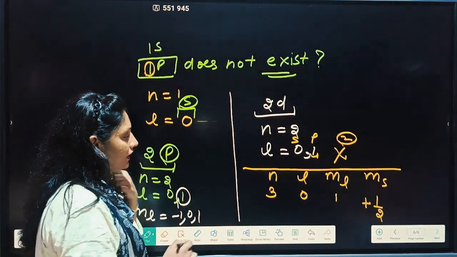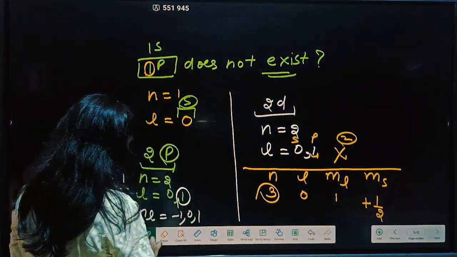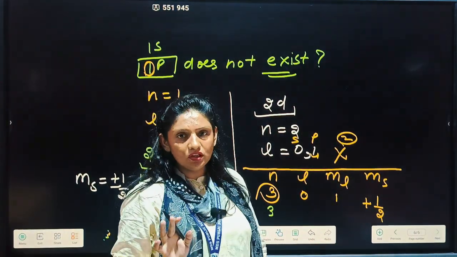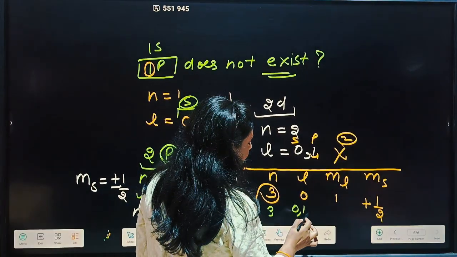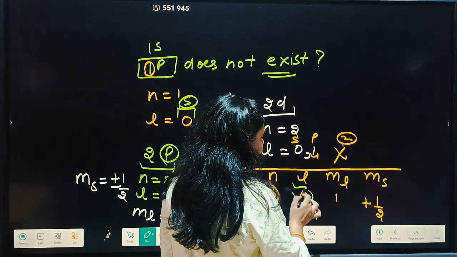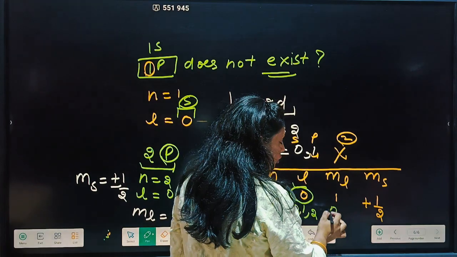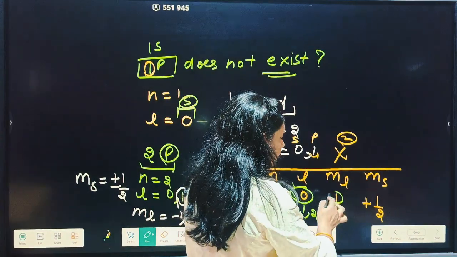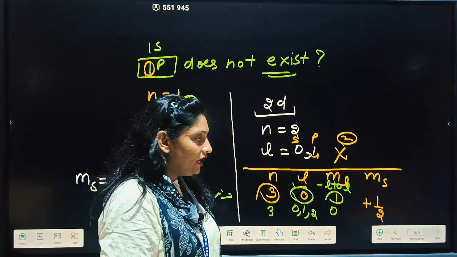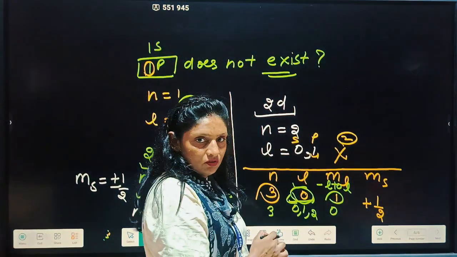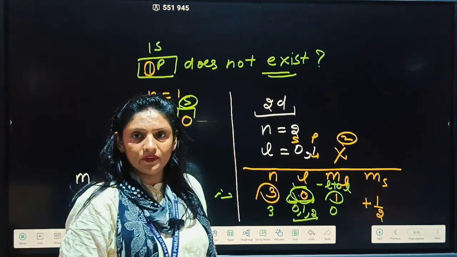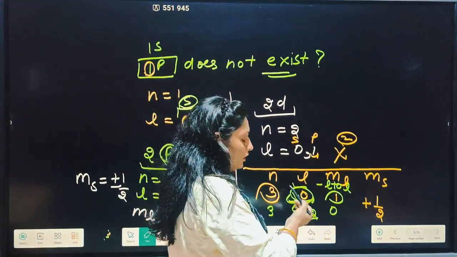Why is it not? Students, try to understand. Here value of n is 3. So if value of n is 3, L may be 0 to n minus 1. Means it may be 0, 1 and 2. So it is right, it may be 0. But students, here if L is 0, then ml value will also be 0. But here 1 is given, because ml value lies from minus L to plus L. Here L value is given 0. We will not go on these values. We will go on that value which is given already. Clear or not?